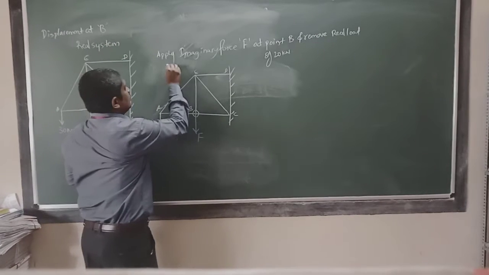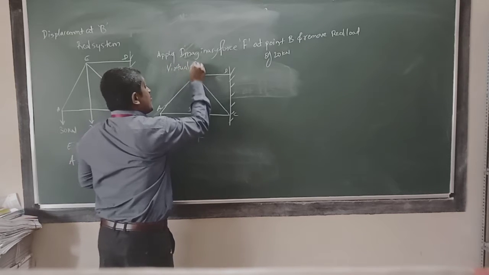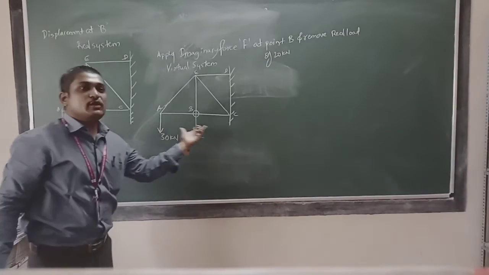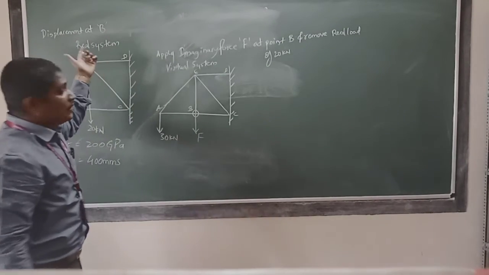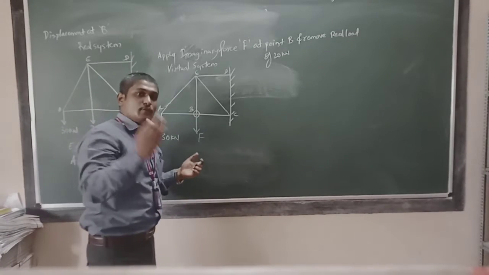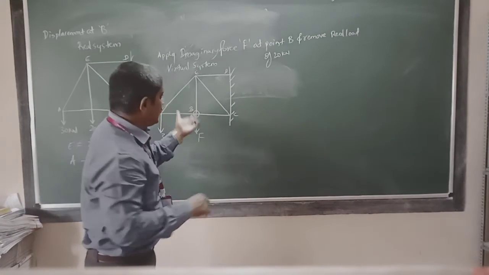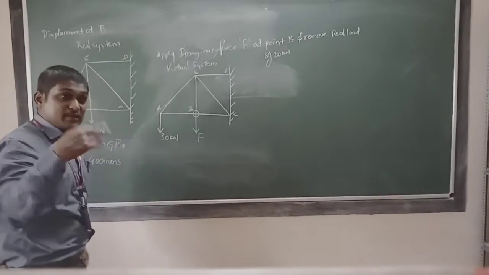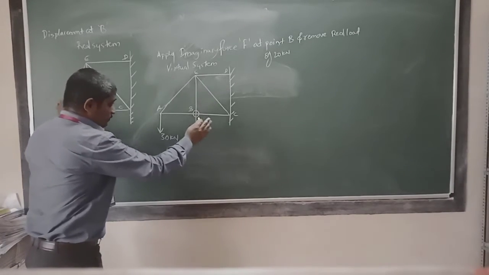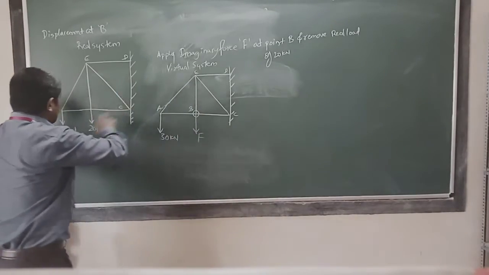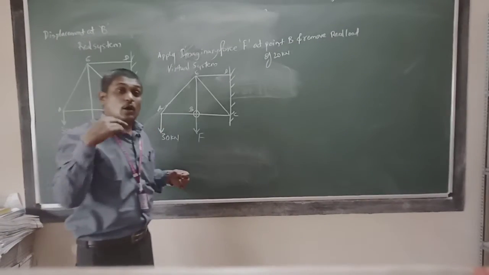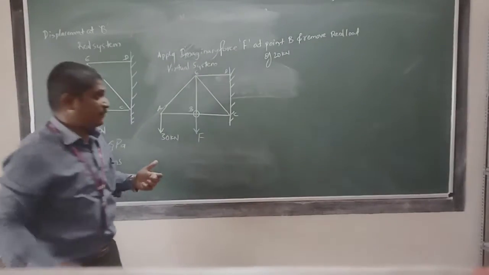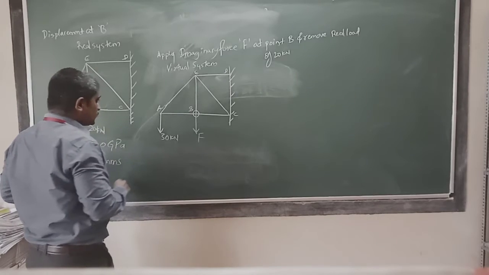And this is the virtual system. But in this method, in Castigliano's method, we have to analyze only once. Like in the virtual work principle, we used to analyze two times, one for the real system and one for the virtual system. But here we are going to analyze only once for this virtual system, and then we apply the partial derivative to see how much strain energy is going to be stored inside the structure because of this virtual system as well as this real system. That I will show you once we start with the solution.